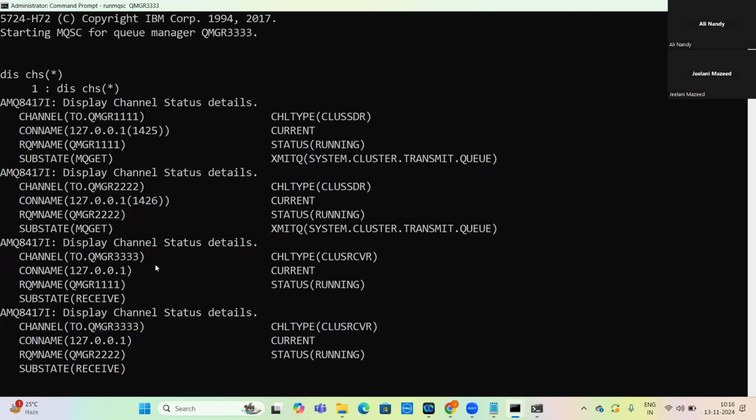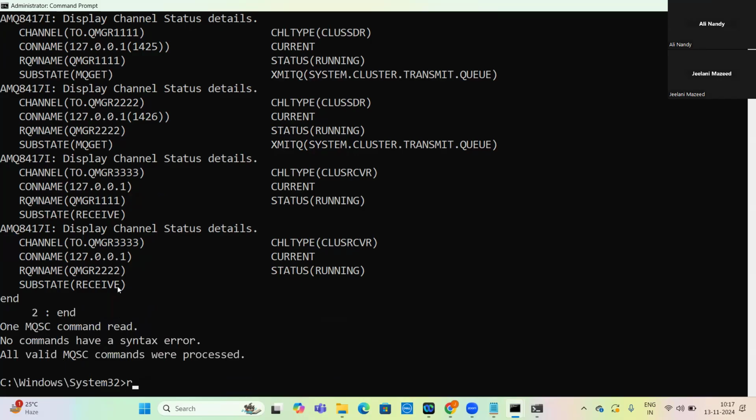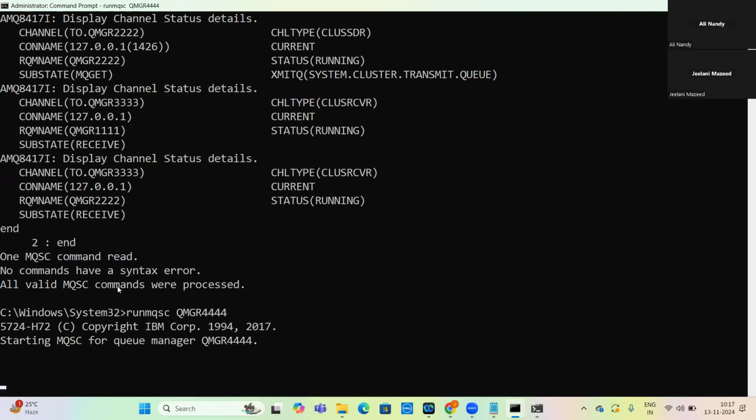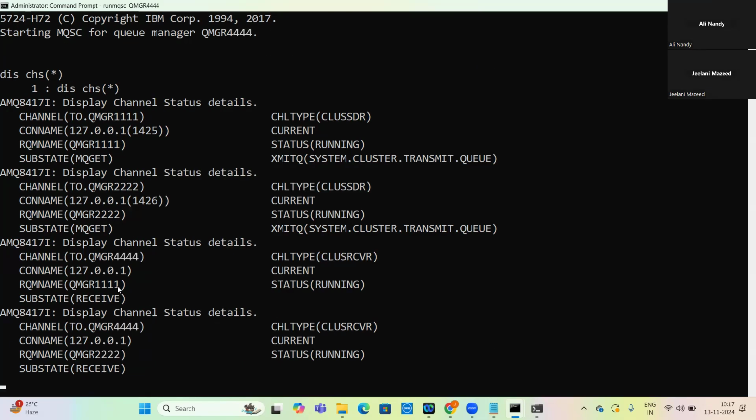Now you created only the 2.QMGR3 cluster receiver channel. But here you see the cluster receiver channel request is coming from QMGR22. The cluster receiver channel request is also coming from QMGR11. Okay, now go to QMGR44. Now again give display CHS star. That's the beauty. 2 senders, 2 receivers. That's the beauty. Now what you need to do is